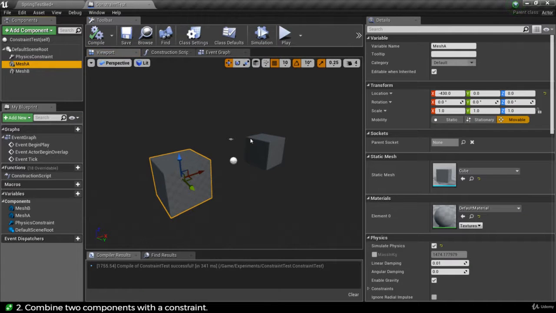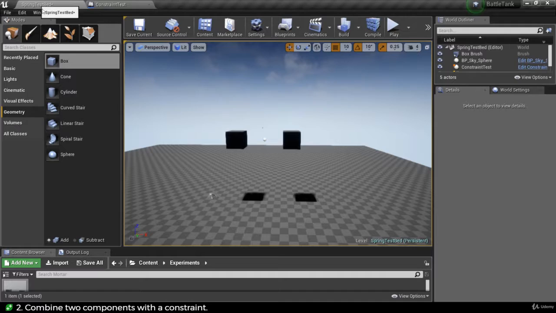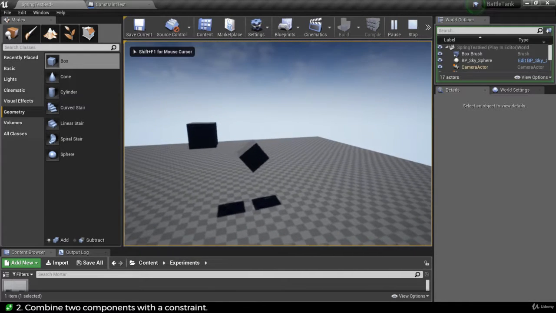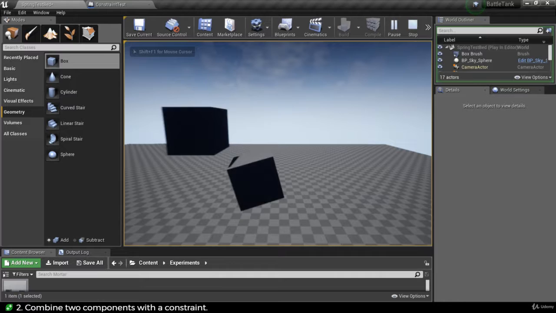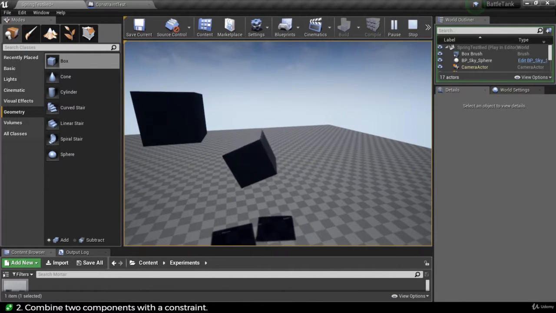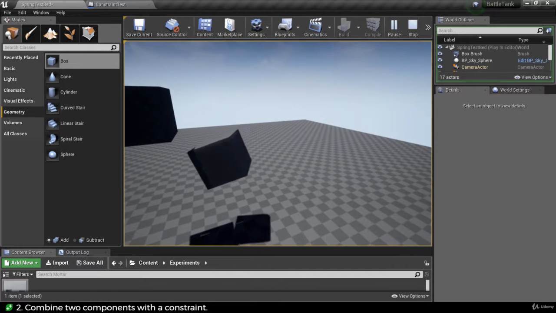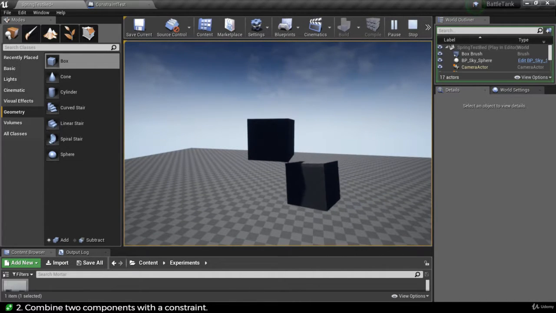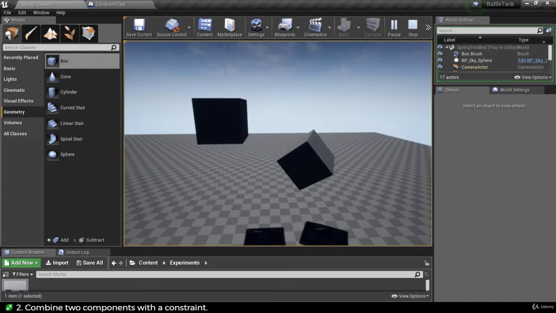So if I select A, and A is going to be kind of our static point, the one that I'm going to move in the world, and then B is going to try and follow it, or whatever the constraint is going to do. I'm kind of giving the game away, aren't I? Okay, here's an interesting thing. By default, this constraint is acting a bit like a hinge. So it is hinging around that constraint point, and the one that's not simulating physics is staying put, but the